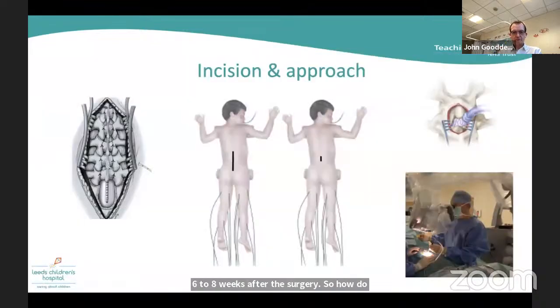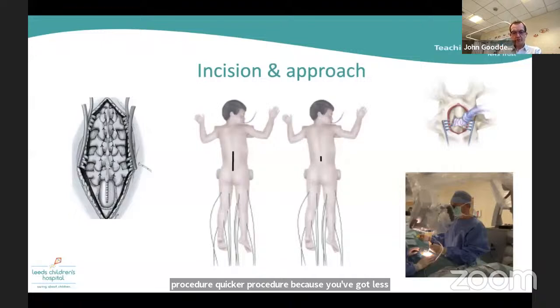So how do I do it? This is an example of the size of incision you'd have for a multi-level approach with multiple laminectomies, laminoplasties performed over the whole of the lumbar spine. This has been associated in some series with greater risks of kyphosis, scoliosis, spinal deformity, of also needing prolonged periods of bed rest afterwards. And this is the advantage of a single level technique of lower risk of spinal deformity, lower amounts of pain potentially, and also a shorter, quicker procedure, because you've got less exposure during the surgery.